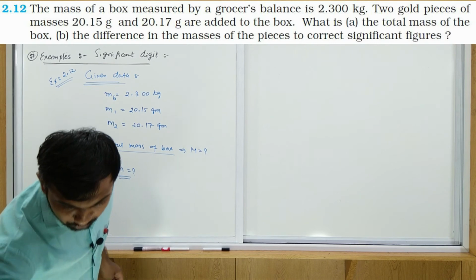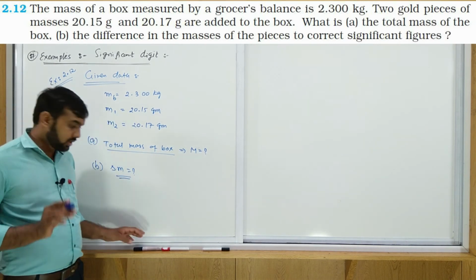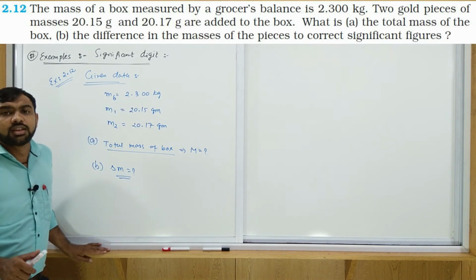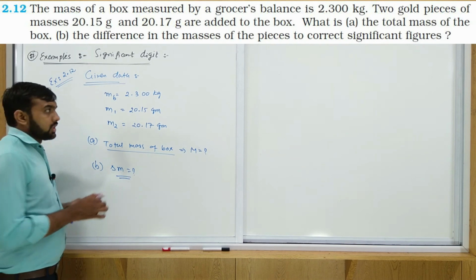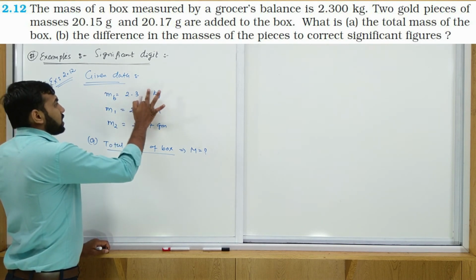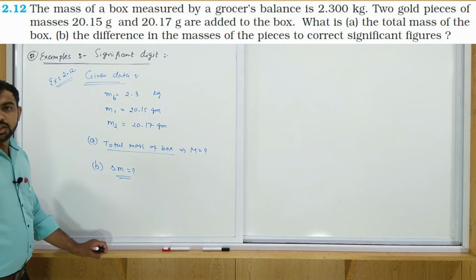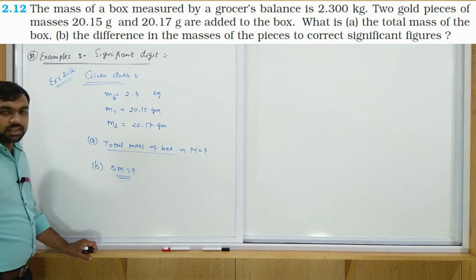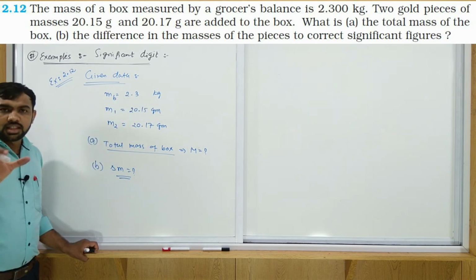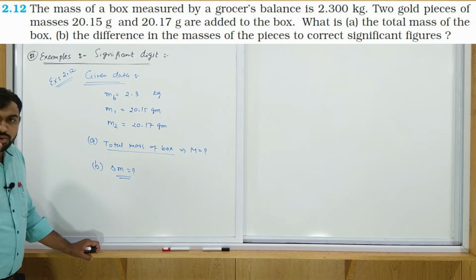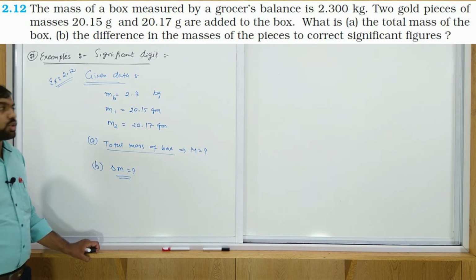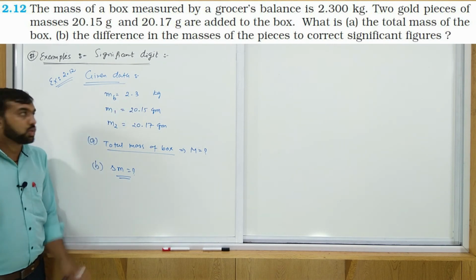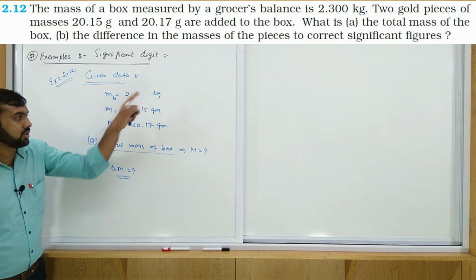Here is one problem. If you see the textbook answer, if you go with 2.300 kg, then you are not getting the correct answer. So here you correct the problem statement. You correct this problem statement, only 2.3 kg, if you want the answer as per the textbook. A mass of box is equal to 2.3 kg. If you consider 2.300 kg, then there is a mistaken answer. So first we go through the textbook answer. As per the textbook, we have to consider here 2.3 kg. So change it in your books. Mass of box is only 2.3 kg.